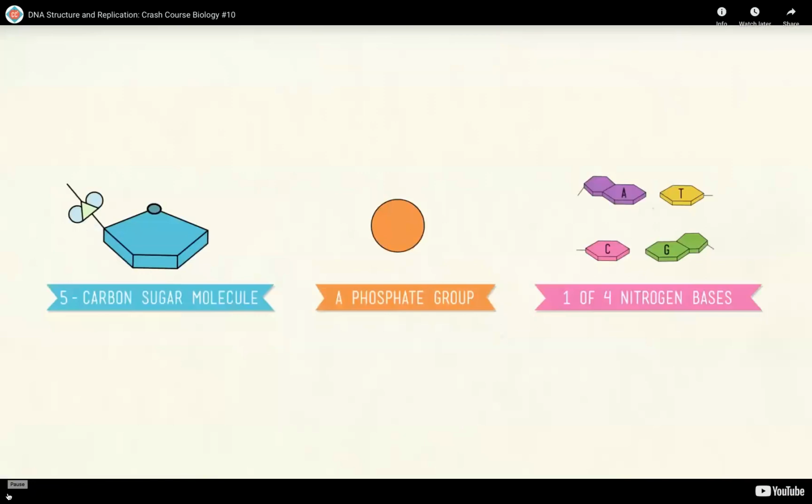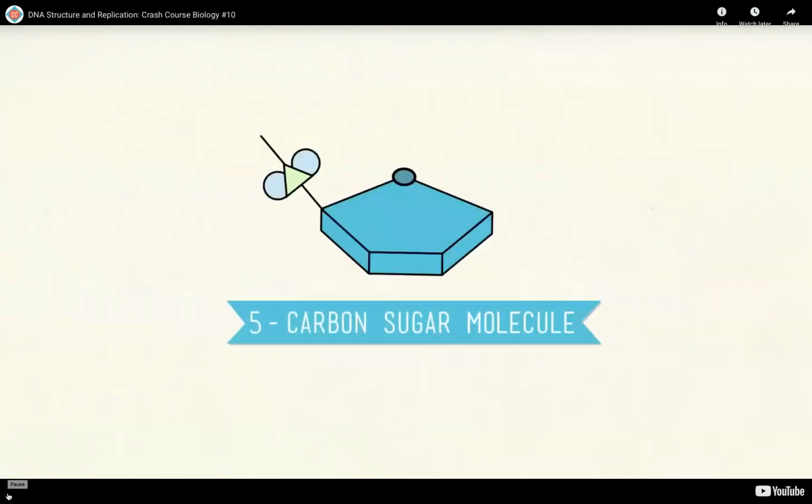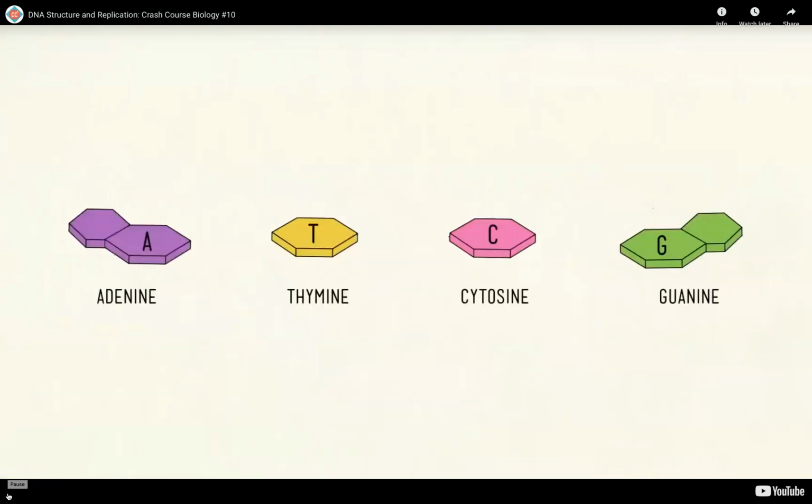We're going to need three things. 1, a 5-carbon sugar molecule, 2, a phosphate group, and 3, one of 4 nitrogen bases. DNA gets the first part of its name from our first ingredient, the sugar molecule, which is called deoxyribose. But all the really significant stuff, the genetic coding that makes you, is found among the 4 nitrogenous bases: adenine,